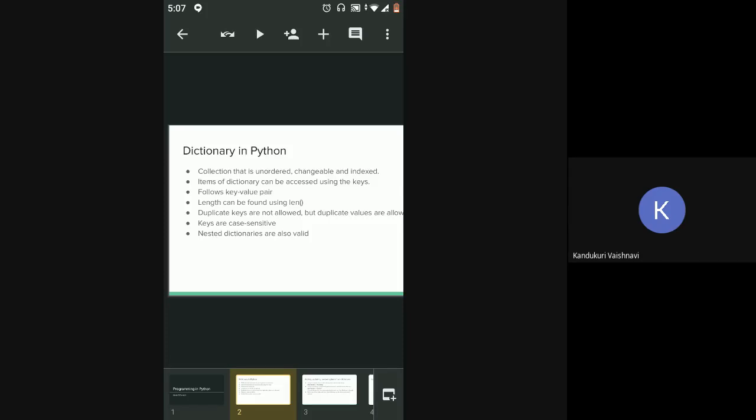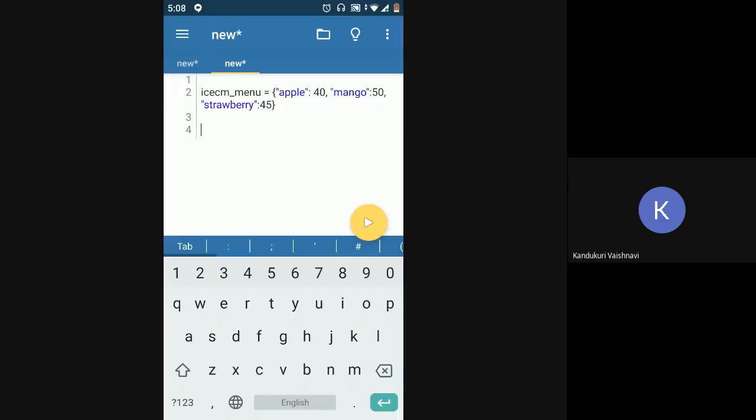This collection is unordered. Why? Because it is not a part of the sequential data types. Unordered means that even though I'm providing apple first, mango second, and strawberry third, internally it can be stored in a different order.